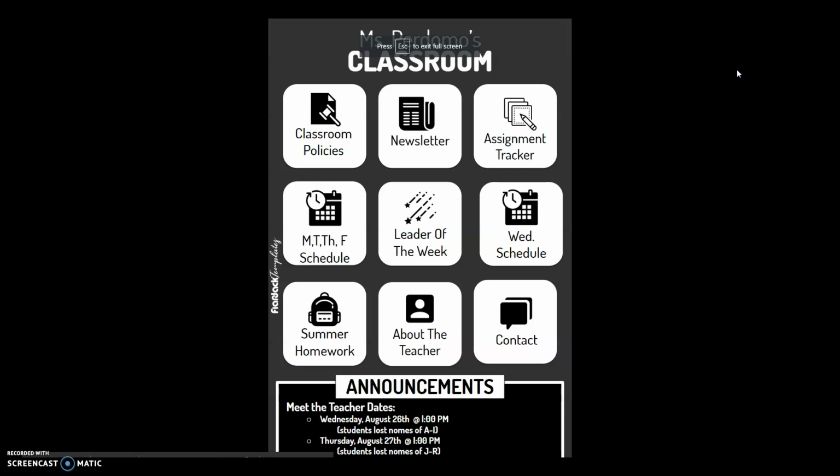So let's take a look at some of these icons. One of our first icons is Classroom Policies, our newsletter, the assignment tracker, the schedule for school for Monday, Tuesday, Thursday, and Friday, and the schedule for Wednesday because that is a shorter day, homework, but for right now just summer homework, about the teacher, and contact information, and then finally Leader of the Week. I'm going to explain all of these icons, and I'm also going to take some time right now to explain